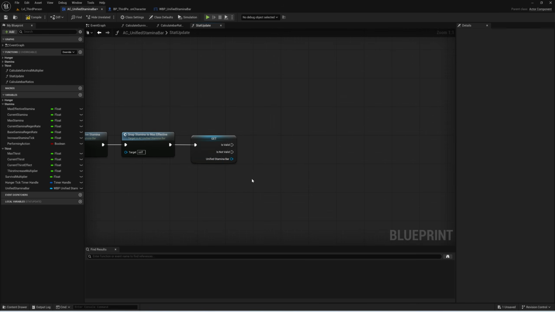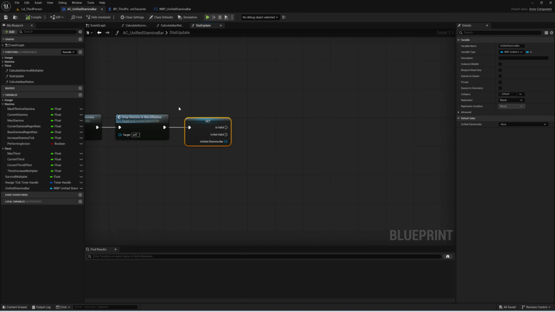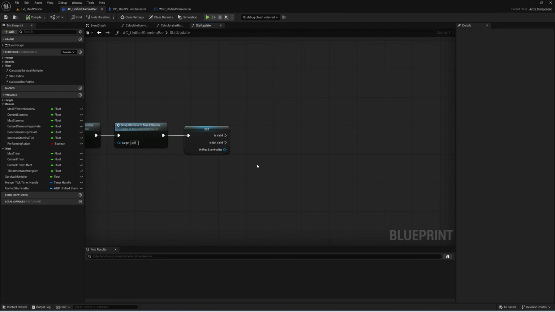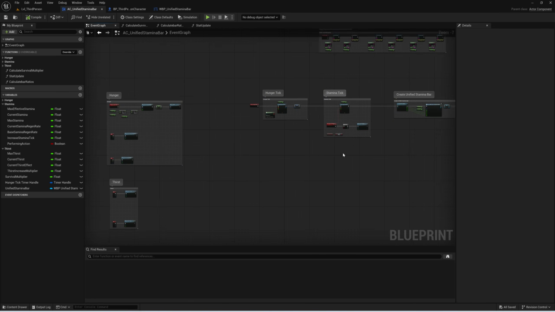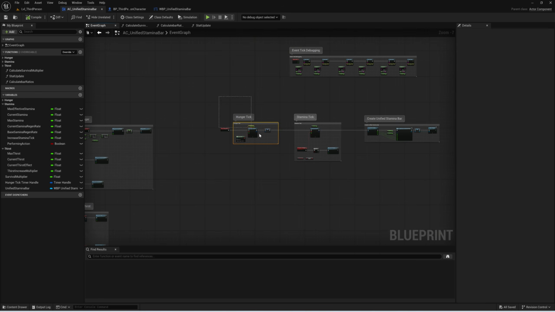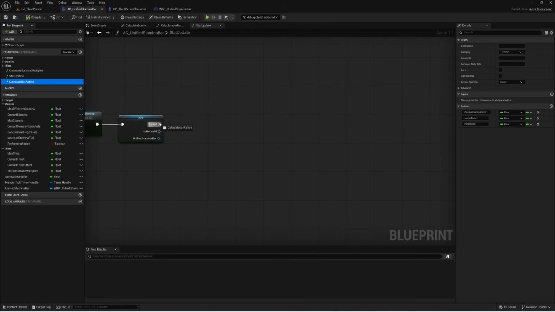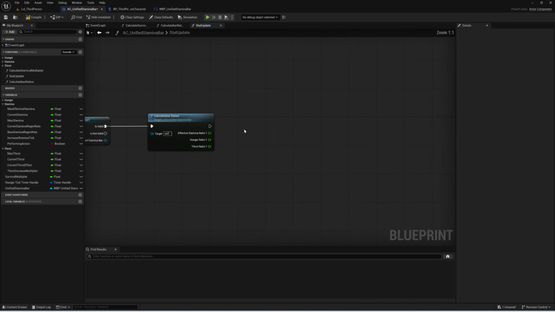get. What this does is it will check if the variable is valid or not valid. In other words, have we actually created the unified stamina bar or not? We're doing this just to double check because if it's the very start of the game, there is a chance, when your functions are running, you might get a little error because this hasn't fired yet before you're trying to update something, and you might try and update your hunger or something before you've actually created the bar because this is at the end. So just to make sure, just to double check, be extra safe, have this validated get, drag in calculate bar